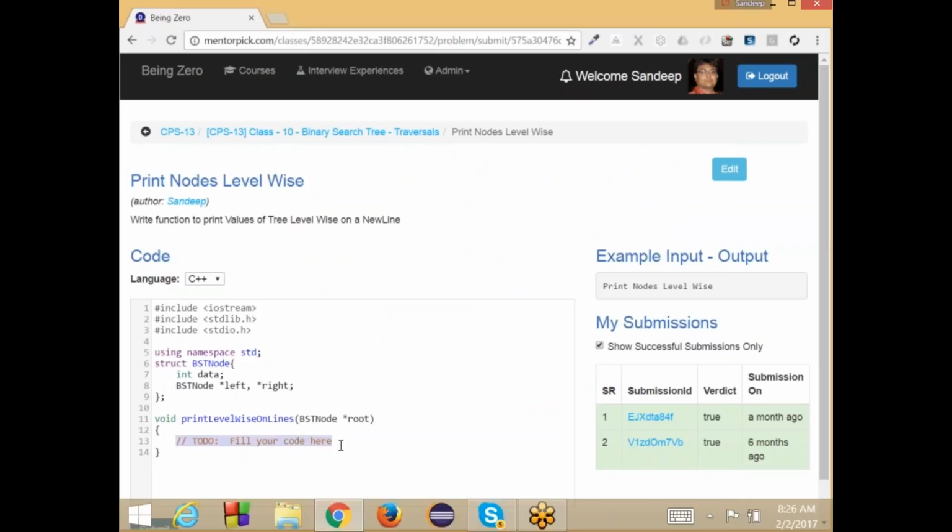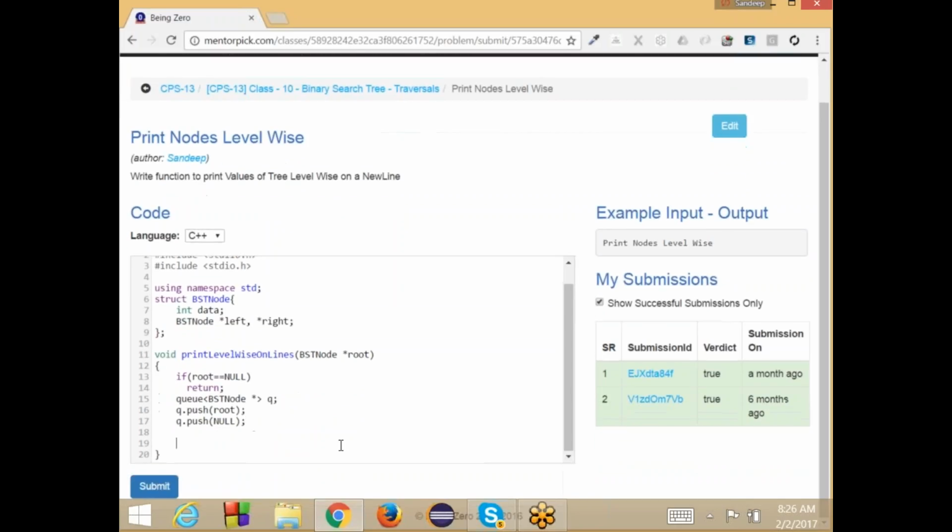Okay, so here we first check if root is null. What should we do? If our root is null, return. In that case, we always have to remember to handle it. Otherwise, we take a queue of BST node star, q. We say q dot push root and q dot push null. So this is the pre-handling that we have to do. Then we say while not q is empty,